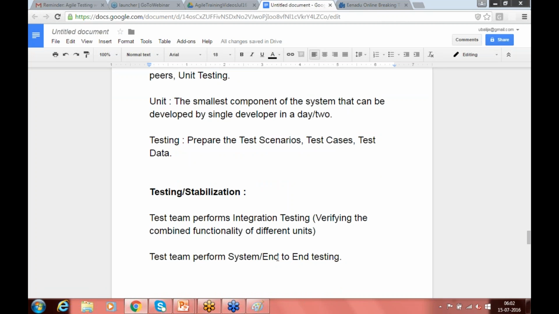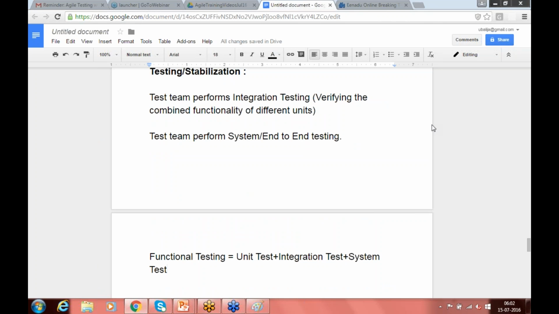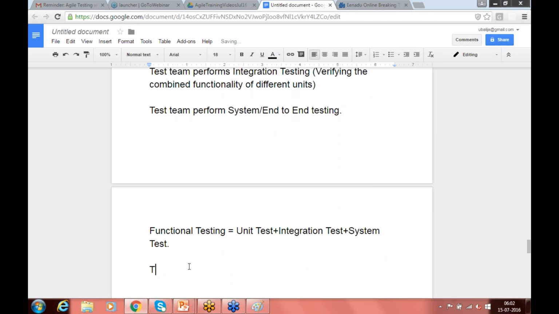So with this, I would say functional testing is completed, right? Functional testing. What is functional testing? It's nothing but your unit test, which is already done by developers. Then you do integration test and you do system test. The main purpose of the functional testing is to ensure